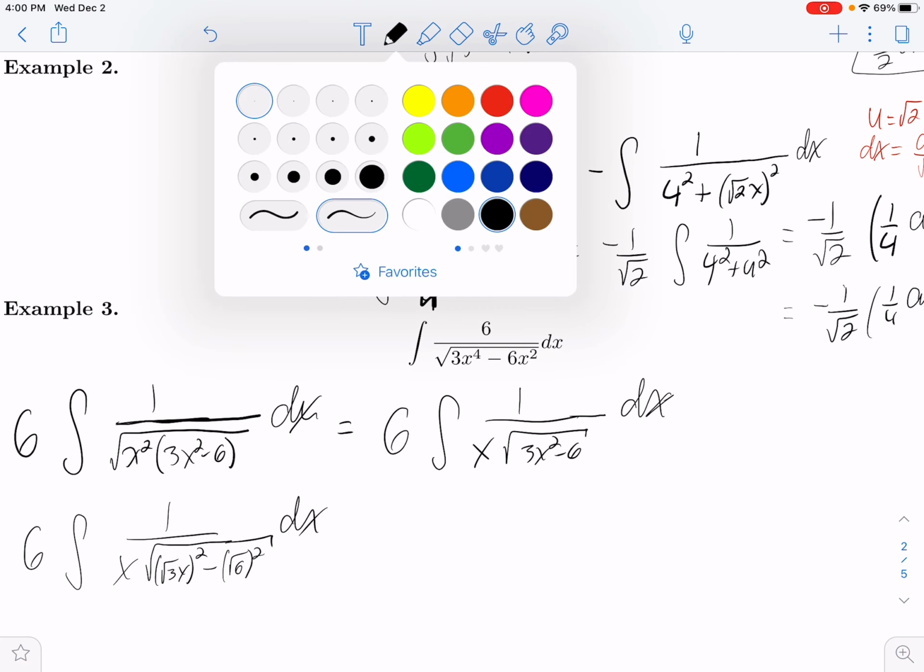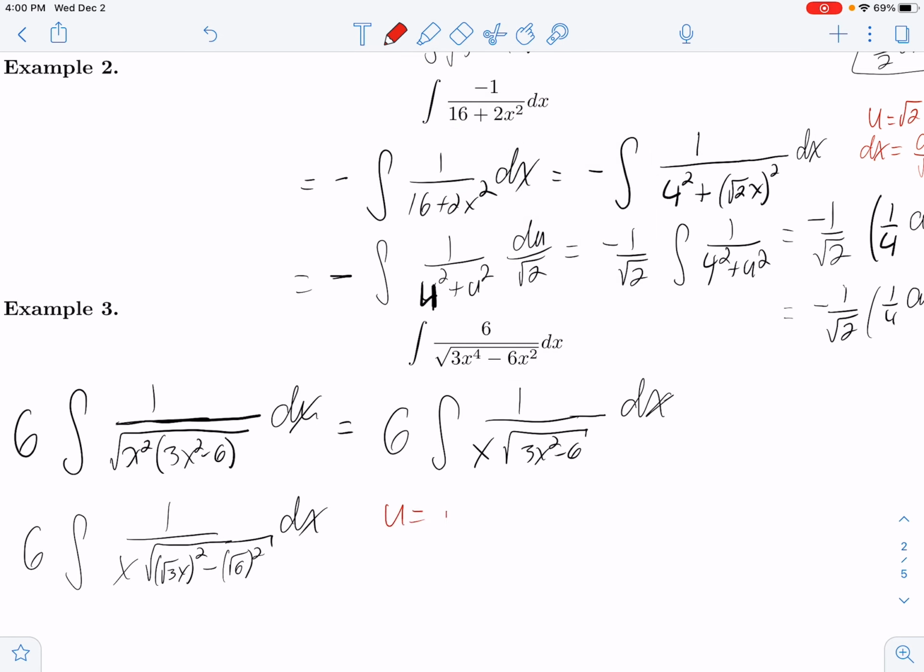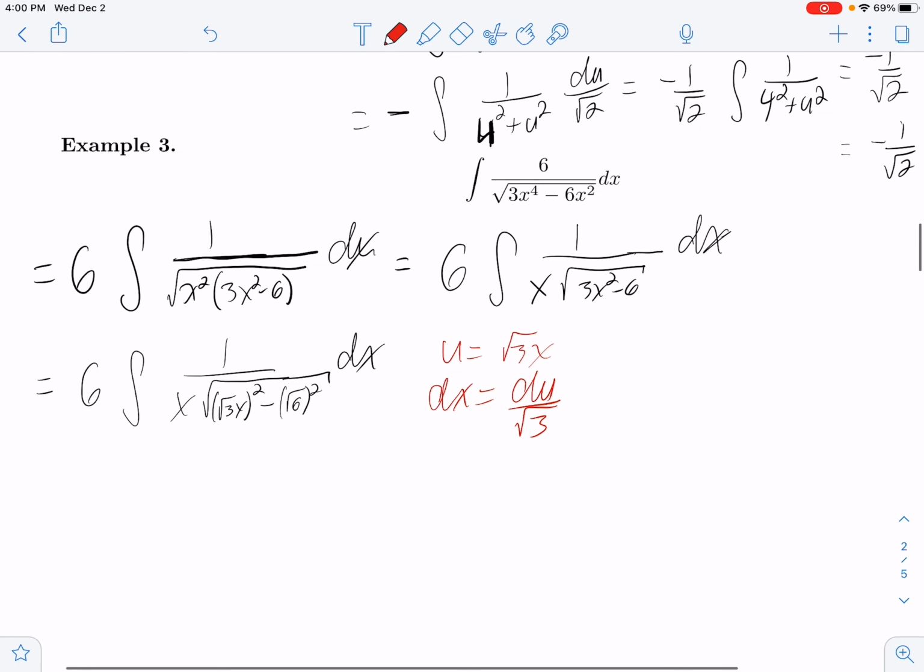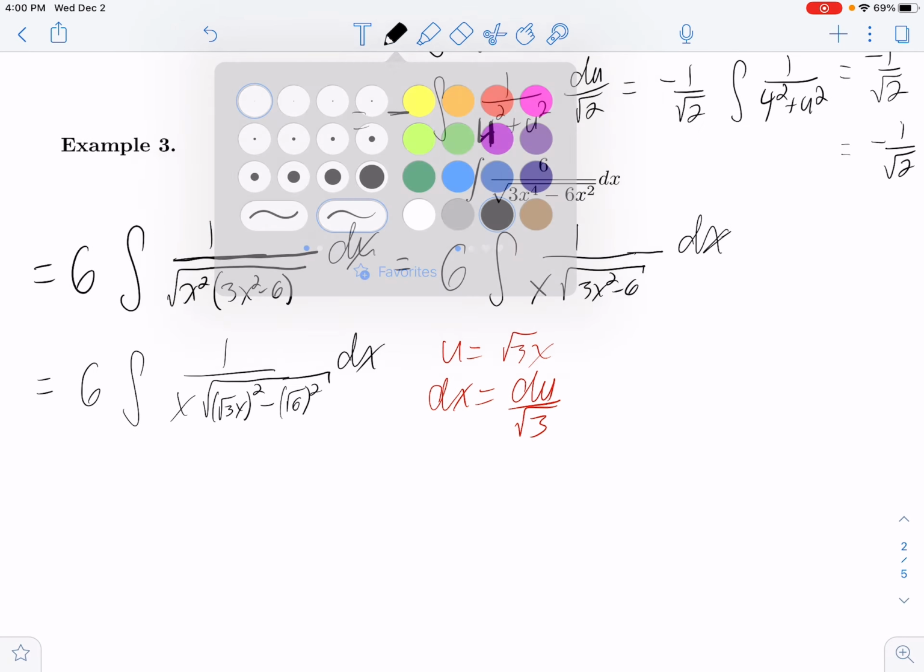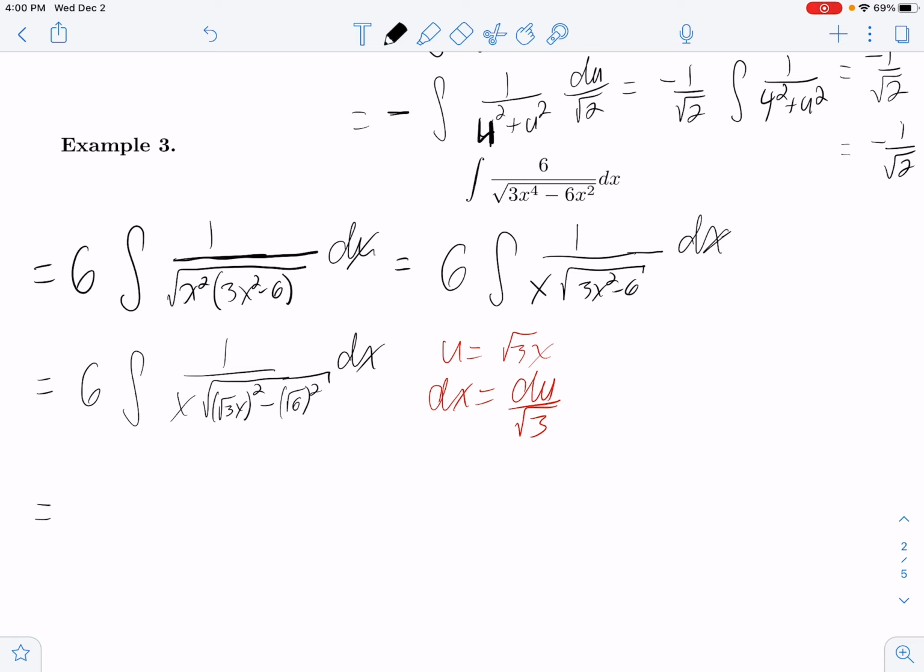Make our u substitution. u equals the square root of 3 x, so dx equals du over the square root of 3. So this thing gives us, I guess, 6 over the square root of 3. That comes from this guy. Integral